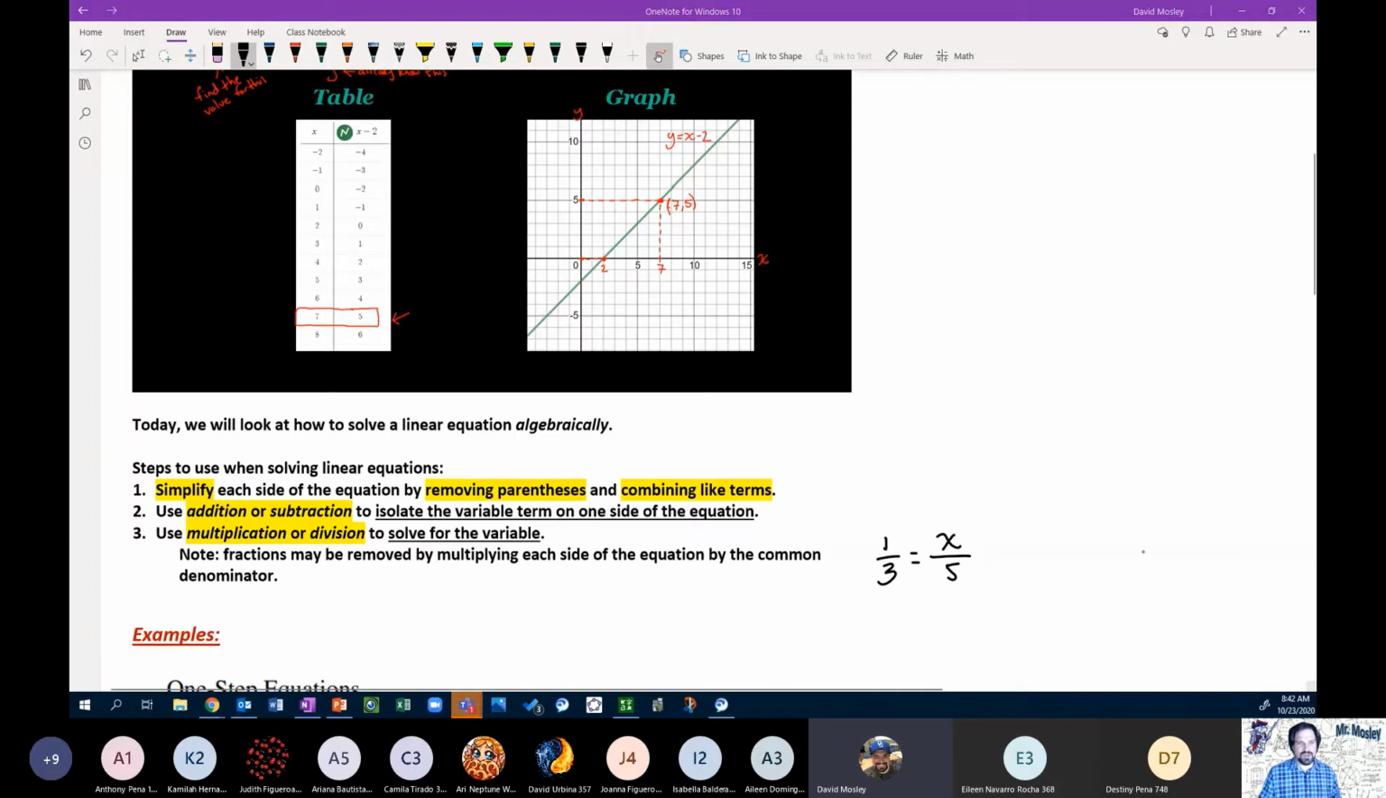I don't like dealing with fractions. I can eliminate the fractions. A common denominator for both of these, the smallest number that 3 and 5 are both a factor of, would be 15. So I can rewrite this by multiplying each side by whatever number, and 15 in this case is the common denominator. So if I multiply by 15 on both sides,